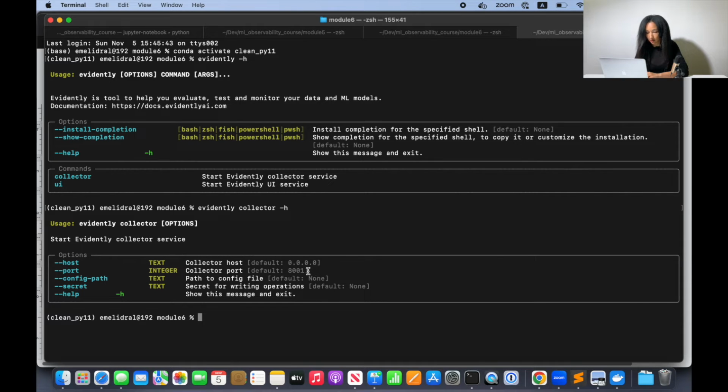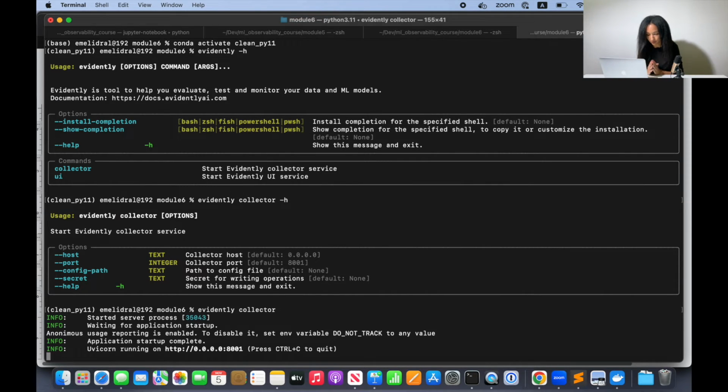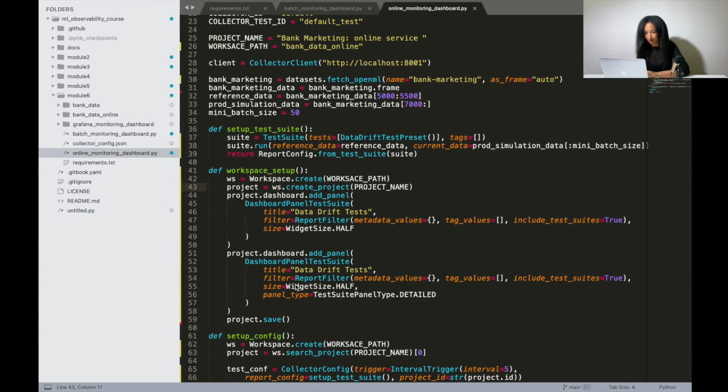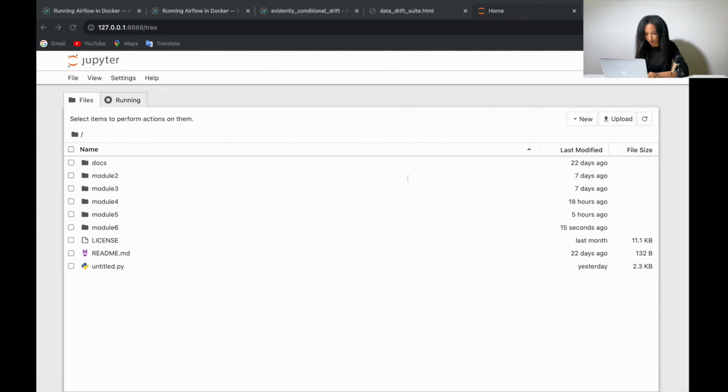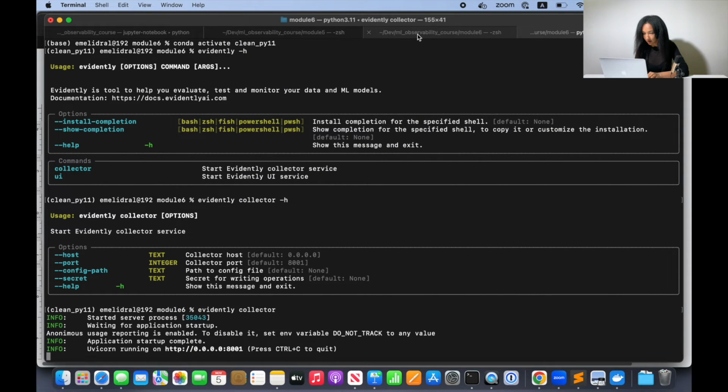Then port, exactly as we selected. Yeah, I'm happy with this default configuration, so I'm just going to run this collector service. Yep, it works, and I would dare to change my workspace here from the bank data online to data. I hope this should be fine, and I'm going to